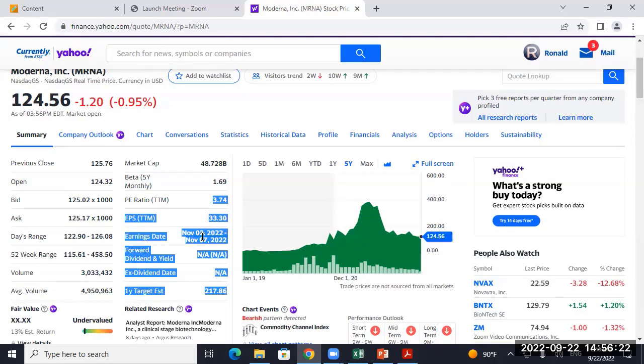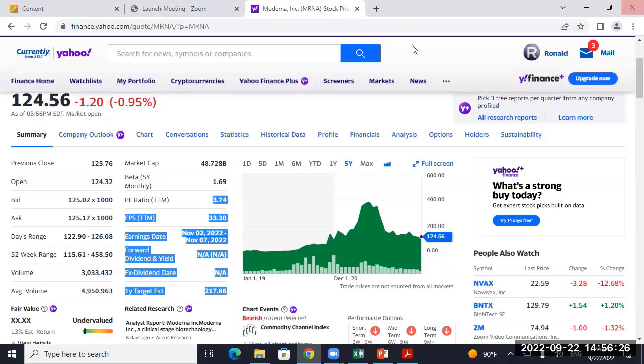Pretty exciting stuff here. mRNA, there's a lot they can do with it, but why have they come off so much? They were at 384. What were they benefiting from there? Vaccines? Another pandemic? Are they hoping for a pandemic? They're not going to say that publicly, but